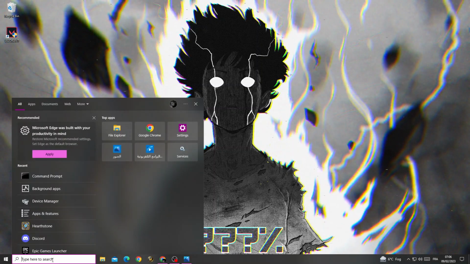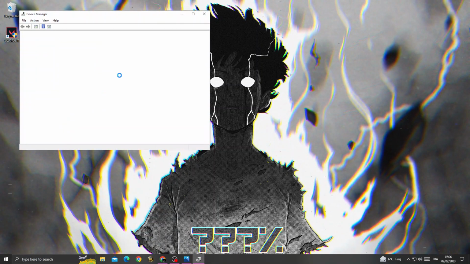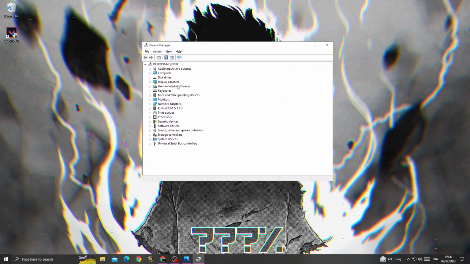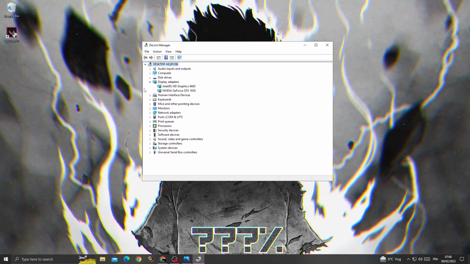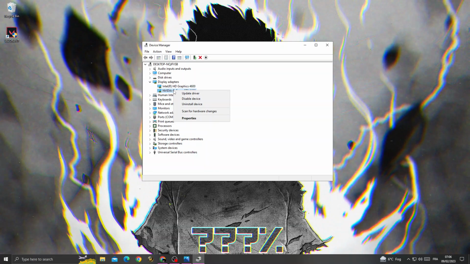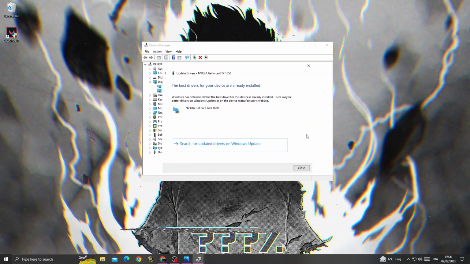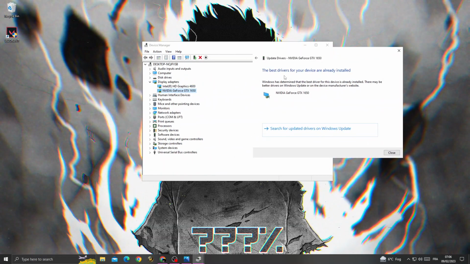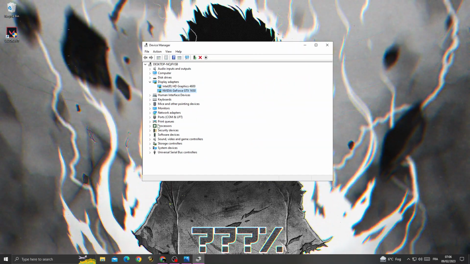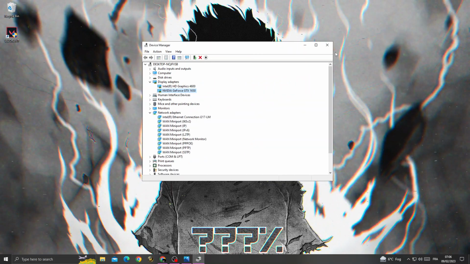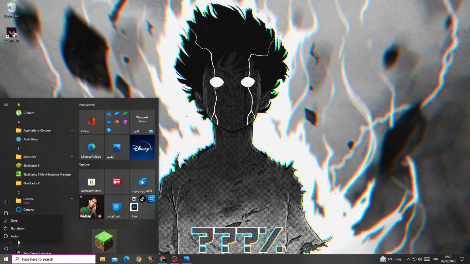type here "device manager" and make sure to update all those drivers here, like display adapters. And if you want to update it, right click on it, click Update, search automatically for drivers, and that's it. Make sure your GPU drivers are updated, and then also update network adapters, and then don't forget to restart your